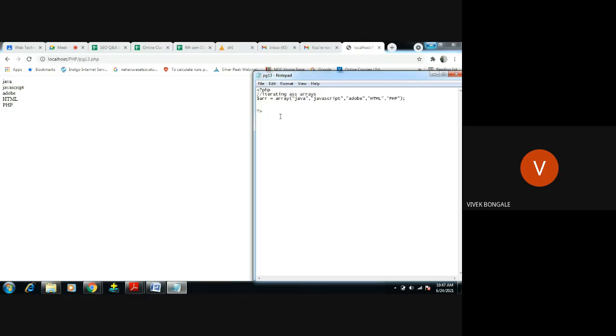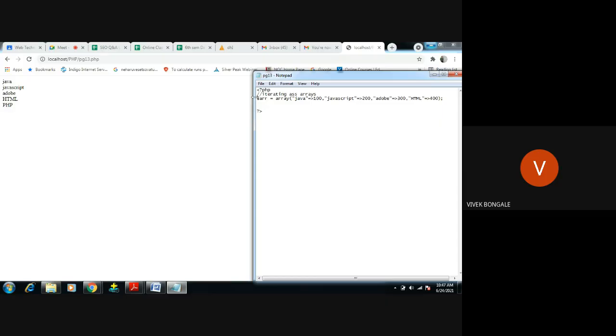Right. So the first difference here is how we have to assign the value. So equals, give some value like 100 for Java, some random values I'm giving. So here 200. This is how we are going to define the associative array, right? So 300, 400, and this I am reporting.